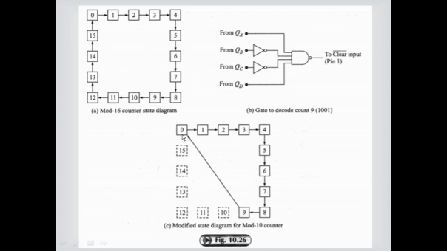So the outputs are going to be 0, 0, 0, 0. QA, QB, QC and QD are going to be 0. That means it is reset from count number 9 to 0. And these decimal boxes indicate that these states are going to be omitted, and it is going from 9 to 0. So that way the number of states through which it is going to progress is 10 only, and that way it is modified to a mod 10 counter or decade counter.